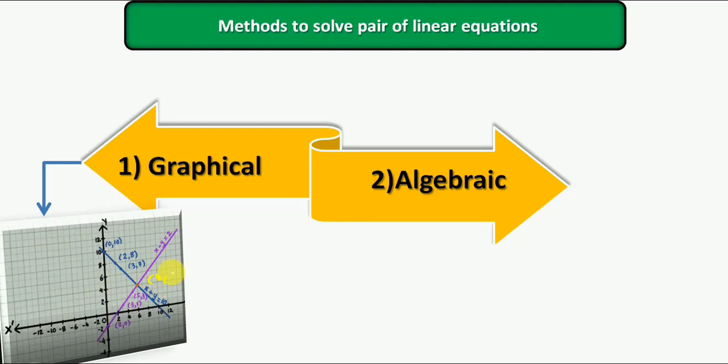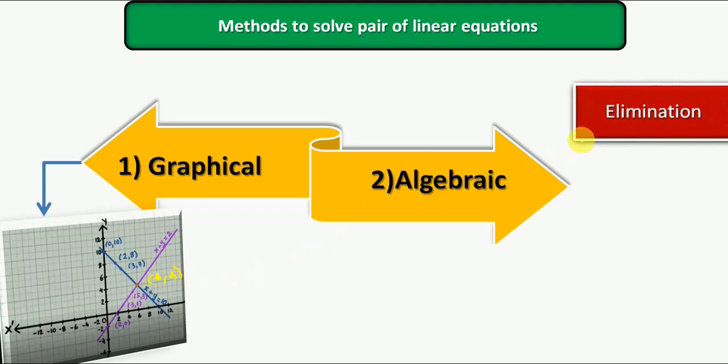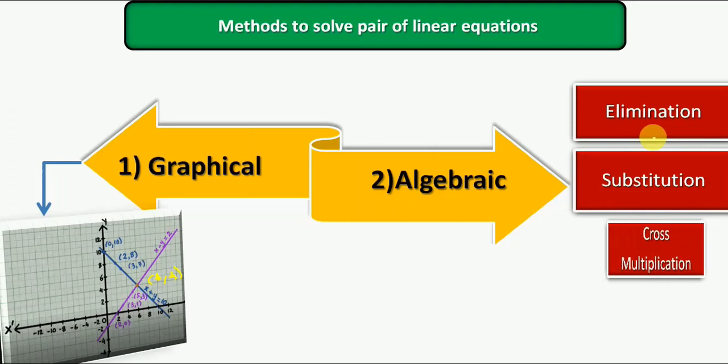6, 4. So 6 is apple and 4 is what? Oranges. Then I have algebraic approach. So in algebraic, I can solve either by using elimination method, substitution, or cross multiplication. So three methods are available. In the next video, we are going to see how it can be solved using algebraic as well as graphical method. So the next video, nothing to worry about, very simple it will be, and these methods also are very